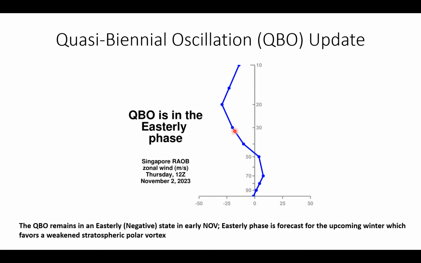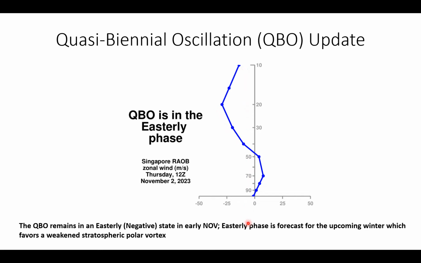See this blue line here, how it's to the left of this vertical bar. This is indicative of the various pressure levels in the atmosphere, all the way up to 10 millibars at the top and down to 90 millibars here at the bottom. But in general, look at what's happening here, okay? We're seeing this blue line primarily to the left of this vertical line, indicating a negative easterly phase of the